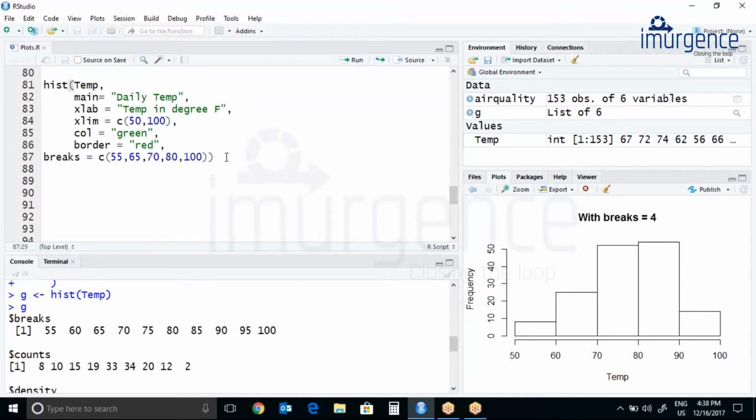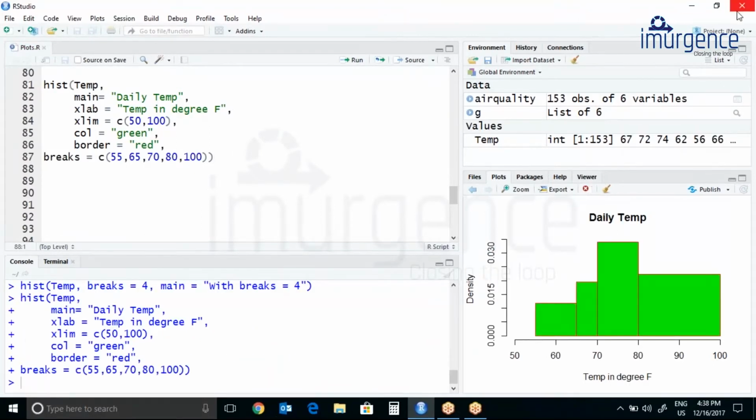Keep saving your work. So here we have different breaks: 55, then 65, then at 70, then at 80, and directly at 100. You guys can make any number of breaks as per your choice.